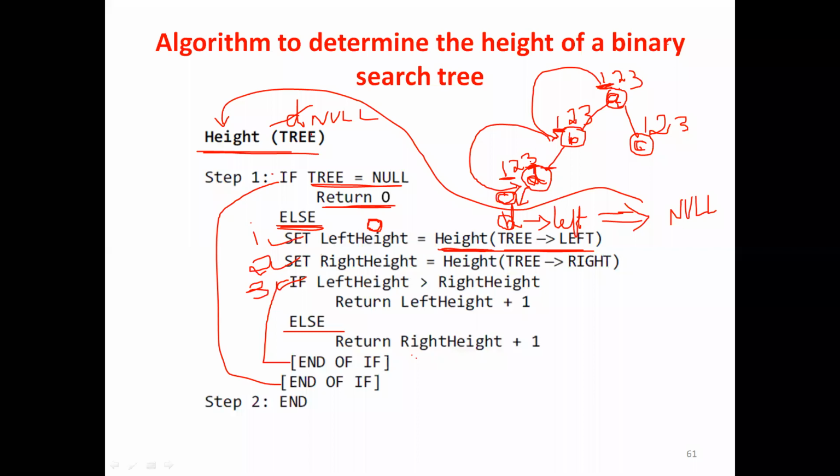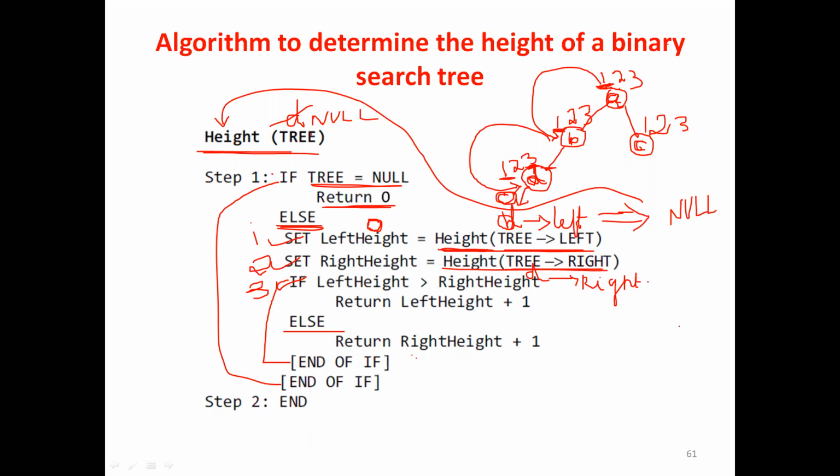What is the second step? Height of tree, right? What is the answer for this? What is paused over here? Again, what is paused? C. How come it is C, man? See, we are in the node D only right now. Keep in mind, we are in the node D. Tree is nothing but what? D. Tree is D. Keep in mind always, node D.